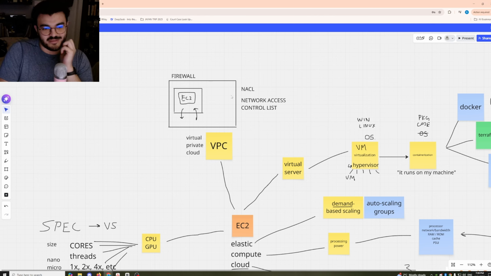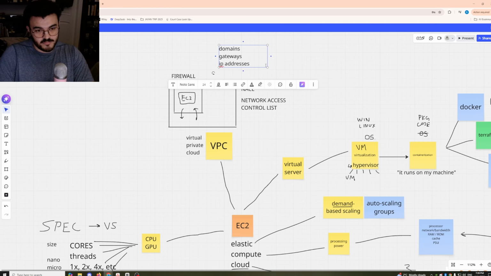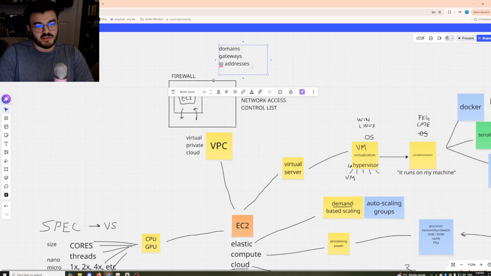I'm missing something here. But let's just say there's domains, gateways, IP addresses. I'm trying to remember the name for all the IP addresses that are available. It's not coming to me.